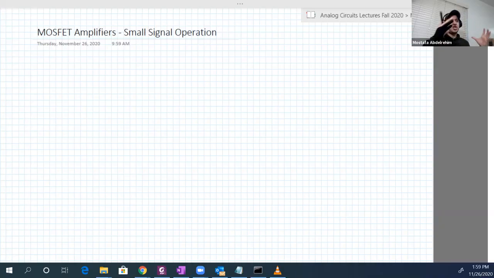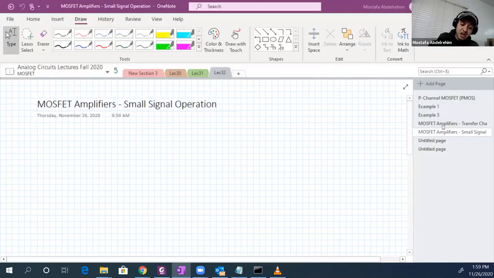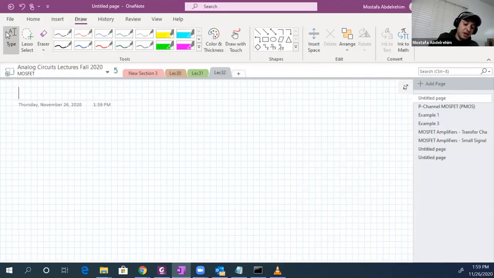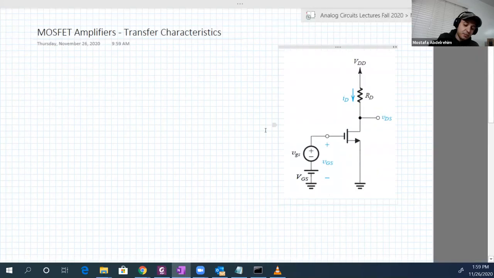So that based on that shape, which is like transfer characteristics, as we agreed before, we're going to know what kind of applications we can use this transistor for. Okay, so in the beginning, we're going to study the transfer characteristics of our MOSFET. Here we have a circuit in which we have RD, we have VDD, and we have